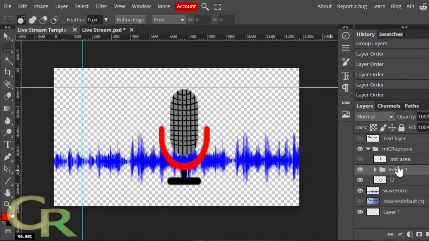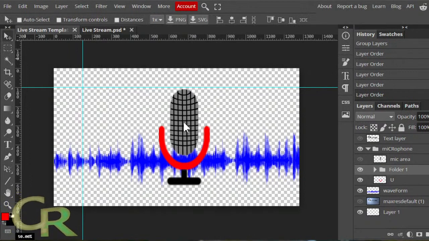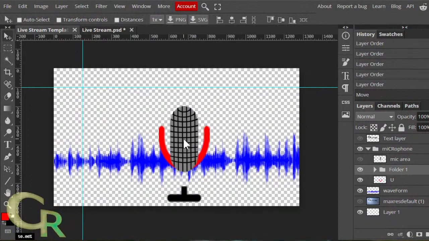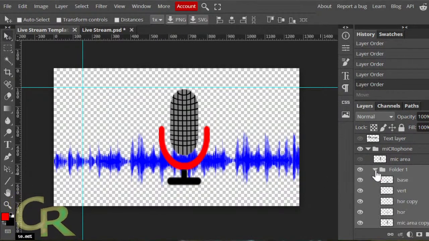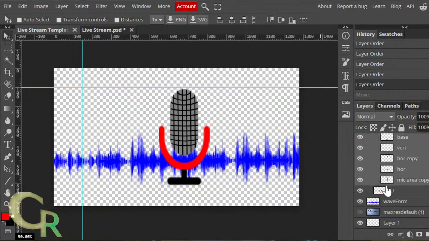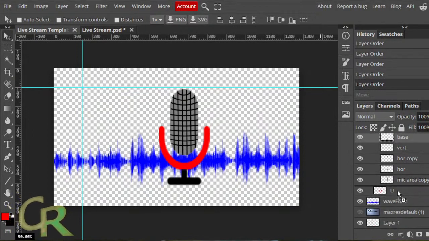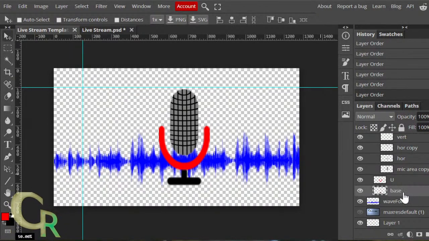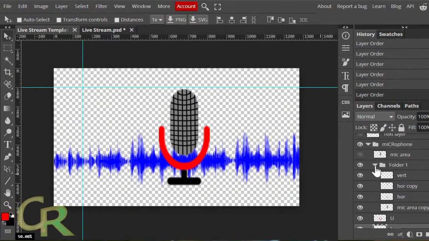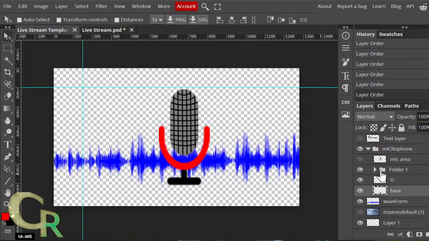Move my folder one above the U. See, that's joined together right now. The base is not supposed to be in there. Should be right there, yeah. That one.